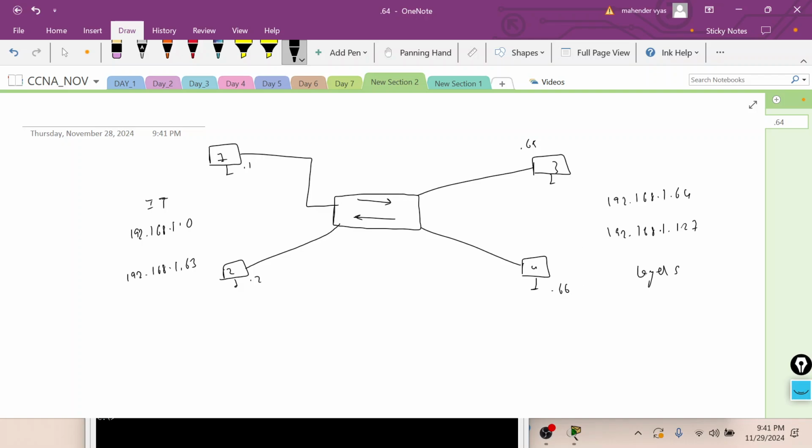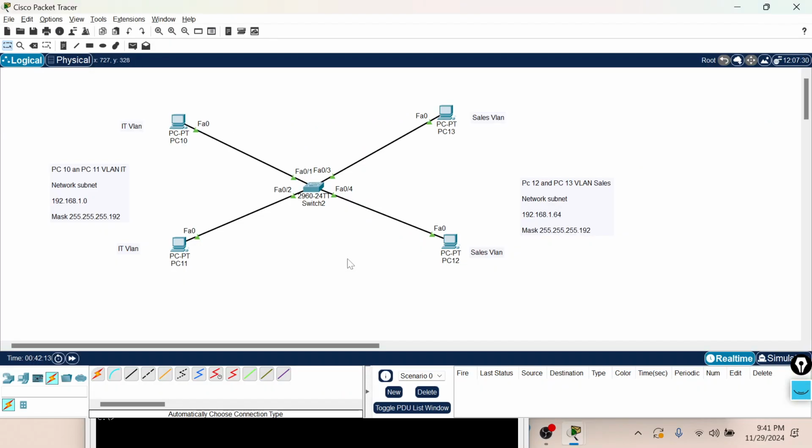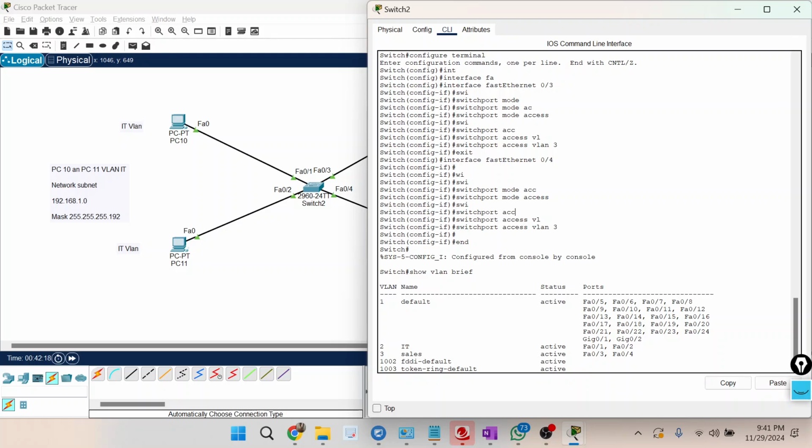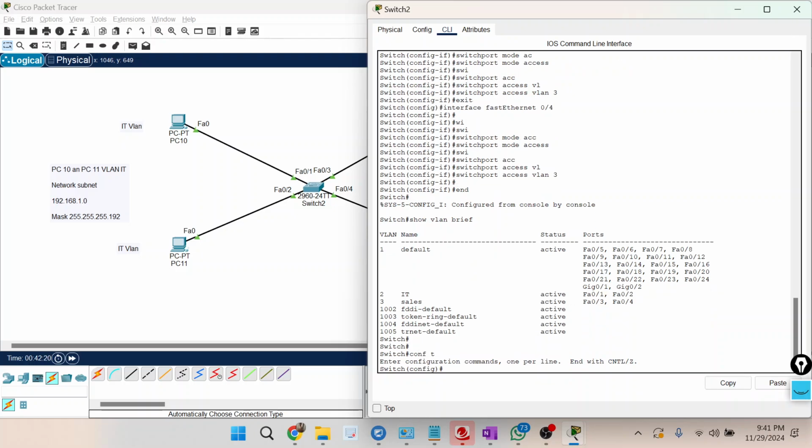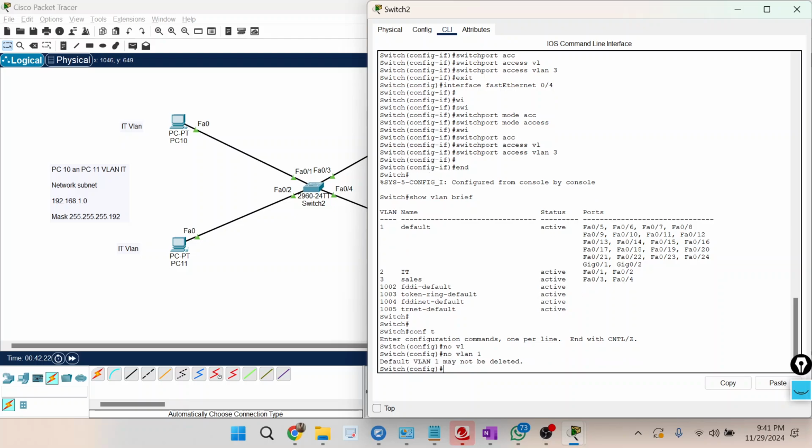But when we did not create any VLANs in the switch, when you ping from 1 to 2, the broadcast was still happening everywhere, right? When we did not create any VLANs, correct? Let us see again. I'll delete the VLANs.